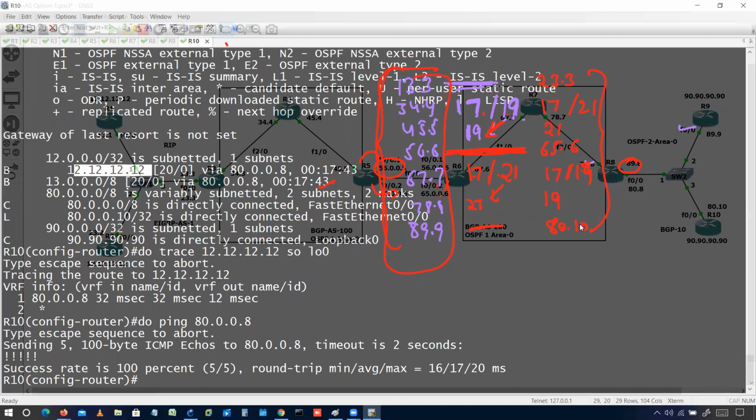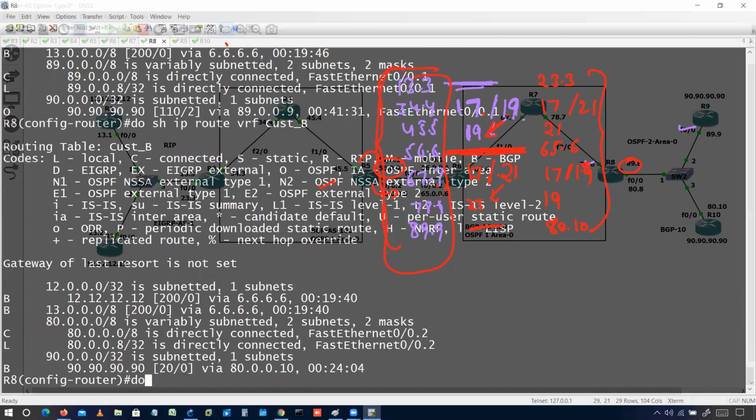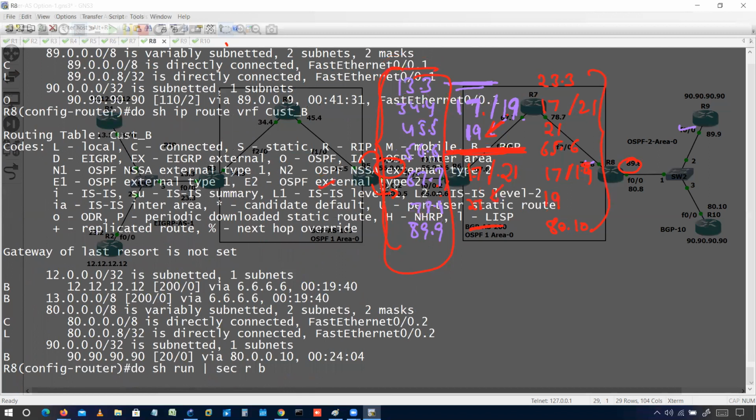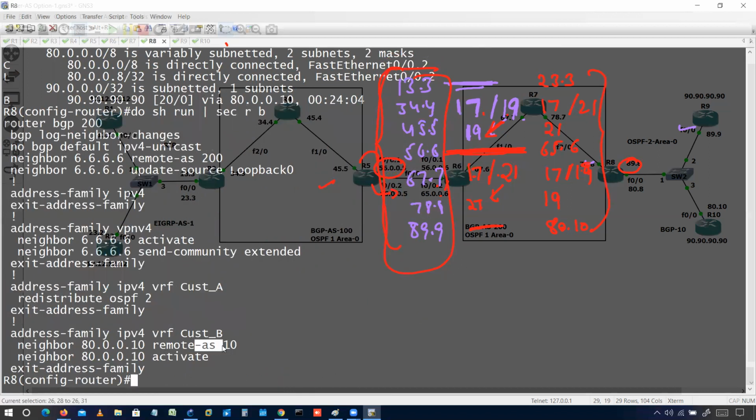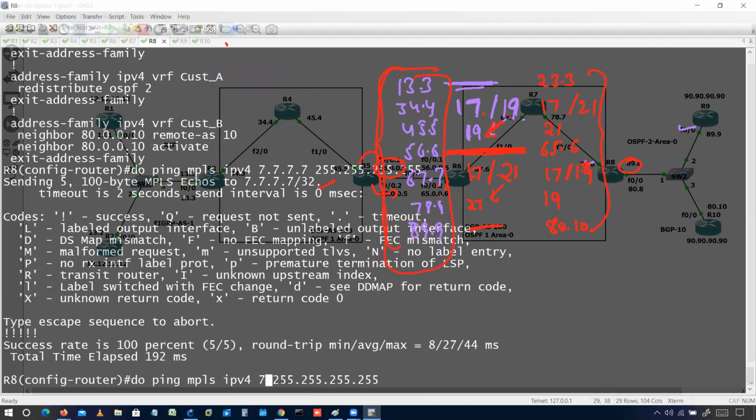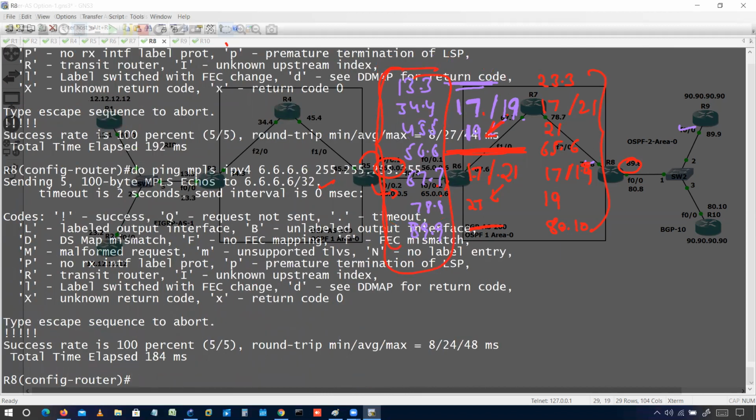Okay, I'll go to R8. The MPLS core is also fine.